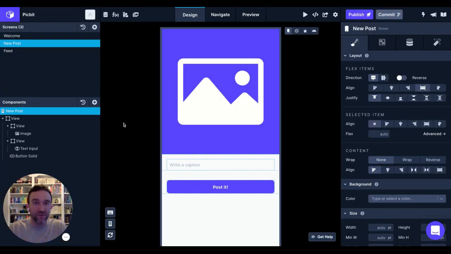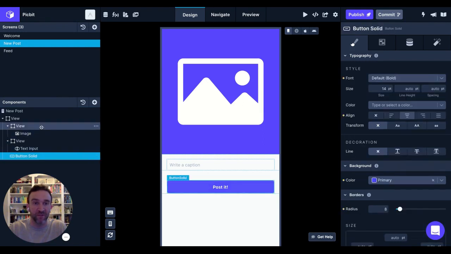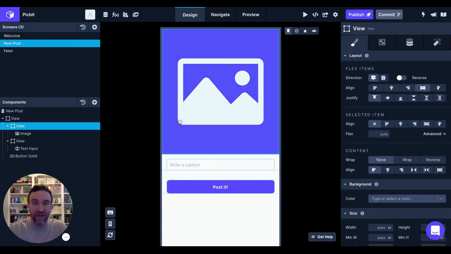The default way that you create interactions in DraftBit is by attaching them to any component which is touchable in DraftBit. A touchable can be things like a button, but we also have a primitive touchable component. So let me show you what that looks like. Right now in our app, we have this image component, but I want to make it so that when the user taps on this image component's area, that it brings up the device's media gallery. So what I need to do is I actually need to wrap a touchable around this image. Let me show you how to do that.